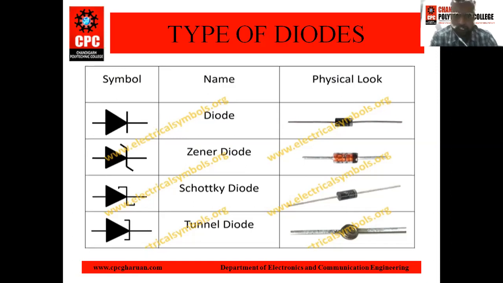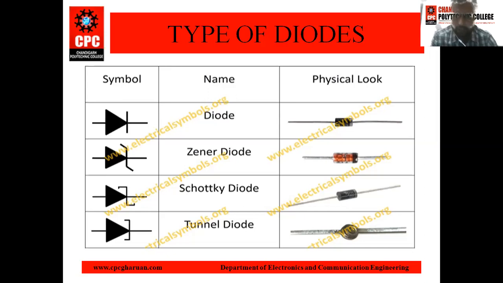After that, Schottky diode. In a Schottky diode, one terminal is formed of metal and the other is semiconductor. Due to that, whereas the ordinary diode requires a knee voltage, that is 0.7 volt or 0.3 volt, to turn on, the Schottky diode does not require any knee voltage. It can work at 0 voltage, but the problem in the Schottky diode is that it has negative resistance. After a particular voltage, the voltage gets reduced and then starts increasing.